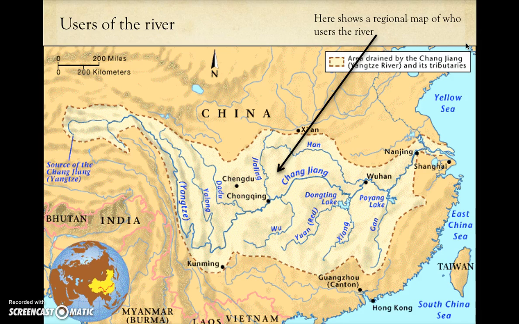Uses of the river. As established before, the Yangtze River is responsible for 70% of China's water. The river is used in many different ways, such as agriculture, house water, waste, transport of goods or people, and energy created by the force of water. On a broader scale, the following picture shows the area of which people live in the Yangtze River is water